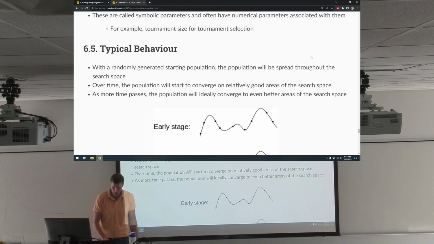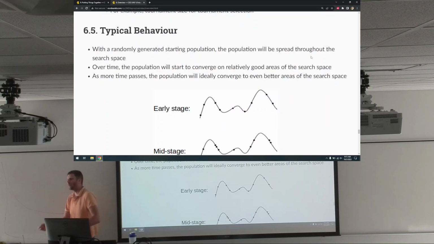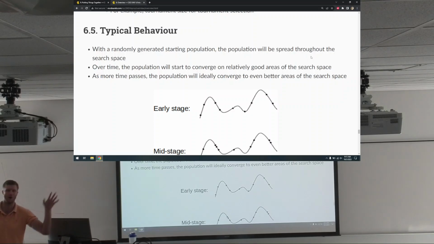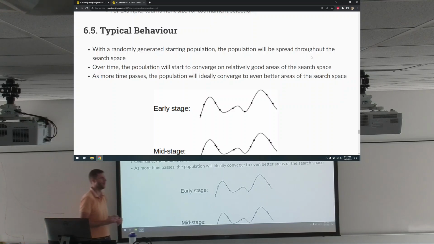Typical behavior, when you have a randomly generated population, which you don't have to have randomly generated. Maybe you randomly generate half, and then you come up with some solutions for the other half that you know are already kind of good based on some other heuristic. You throw them into the population as well, and then you hit go. That could work, but it could also really get your algorithm stuck in a local optimum, which is a problem. So again, do whatever you want. But if you've got this randomly generated one,